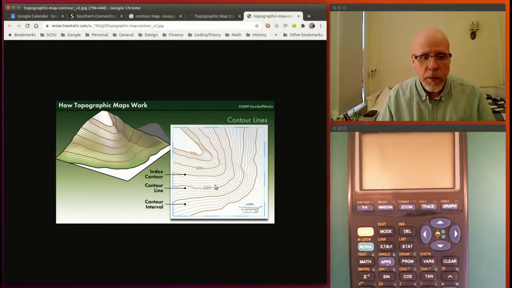So, and then this is typical. The contour lines are often labeled, at least some of them are labeled. And then you can fill in between them. 100, and I guess that's 150, the other dark line, 200, 250, 300. Notice that there's